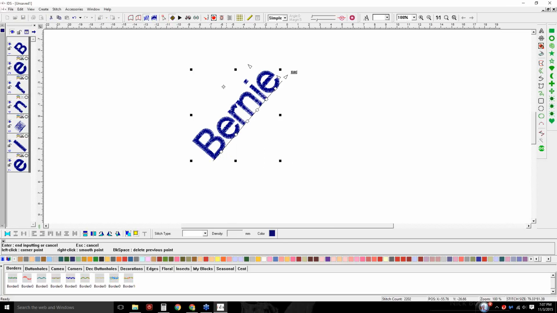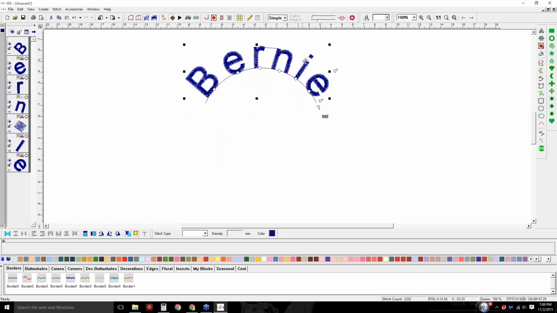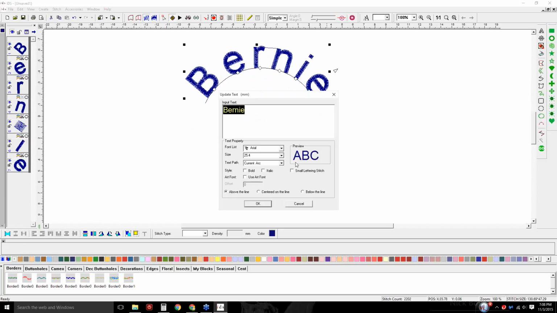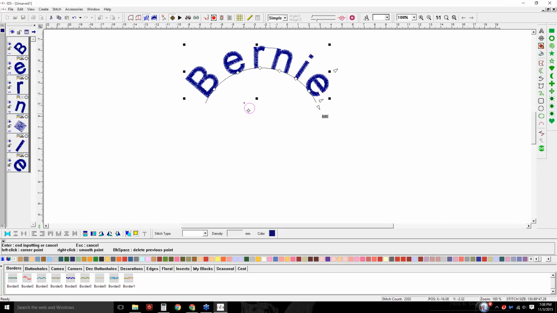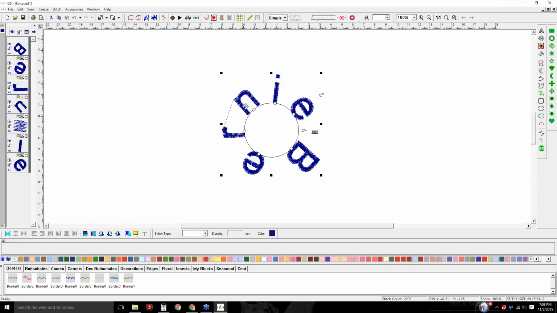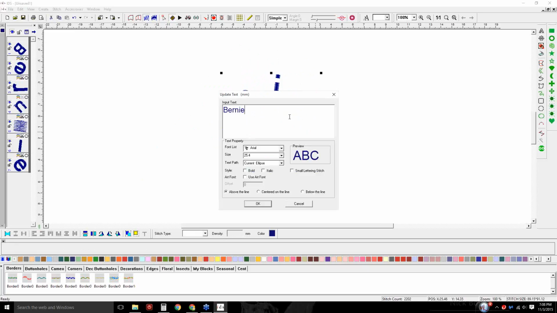happens. If I say I want to create an arc, I place a left click, drag the line, place another left click, and then make my arc. And it's better off to go to the middle. If I try to control that arc at the sides, it's a little harder. If I go to the middle, I have a lot more control. And then I just place a left click and I'm on this arc. Okay, so if I said, let's put this on an ellipse, it's going to take it around the circle in an ellipse like that. So if I have, for example,